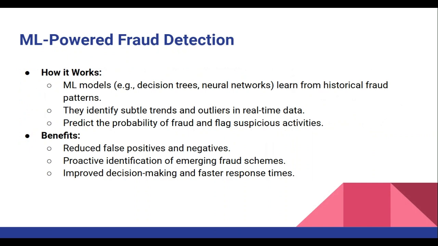Usually, ML models, such as decision trees and neural networks, learn from historical fraud patterns. From these patterns, they help identify subtle trends and outliers in real-time data, predict the probability of fraud, and flag suspicious activities. Now, there are three benefits